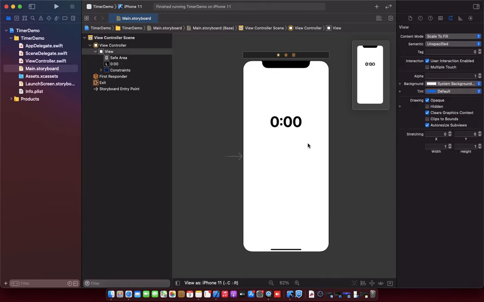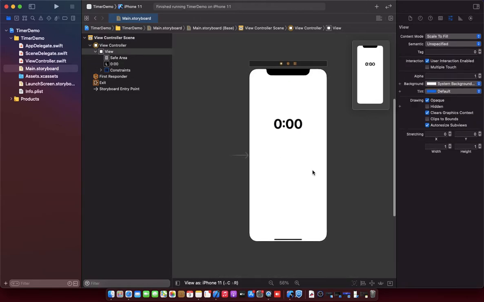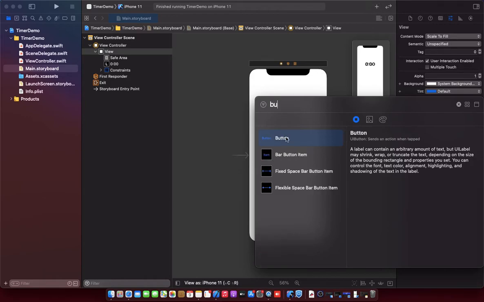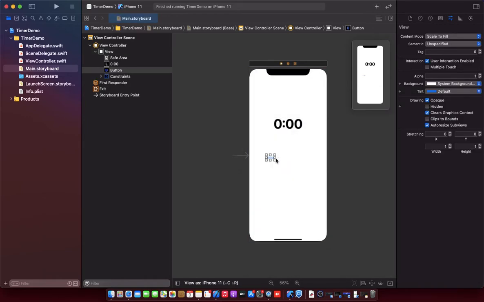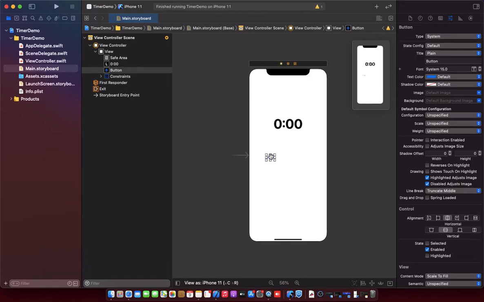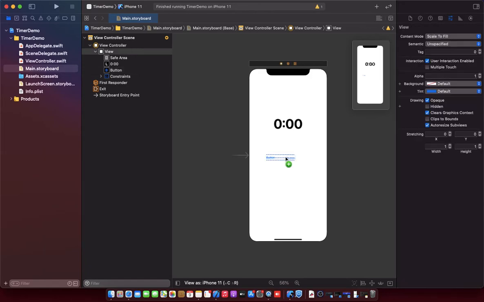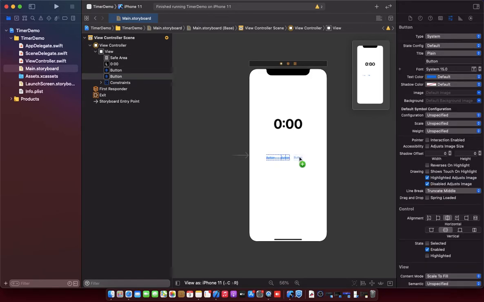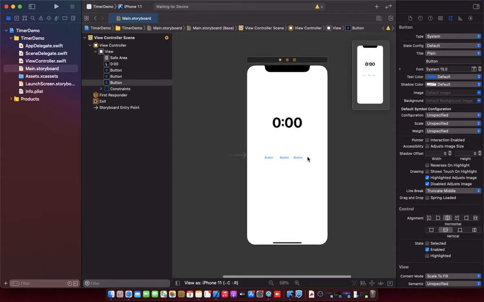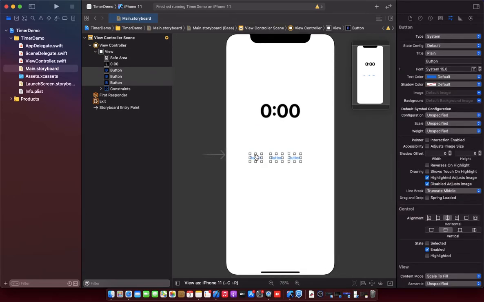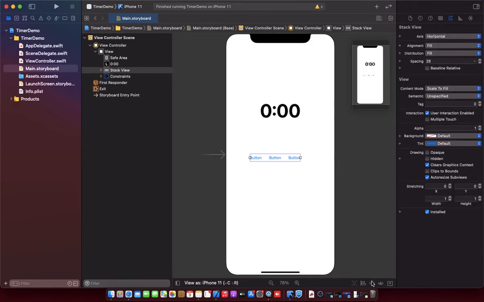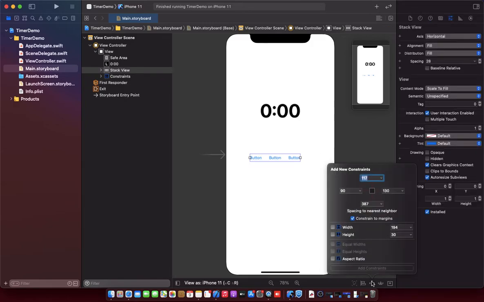Okay, and we need to add 3 buttons also. So add a button to the view controller and copy it with shift alt 3 times, and we need to select all 3 and embed these buttons into a stack view, and now we need to give constraints also.